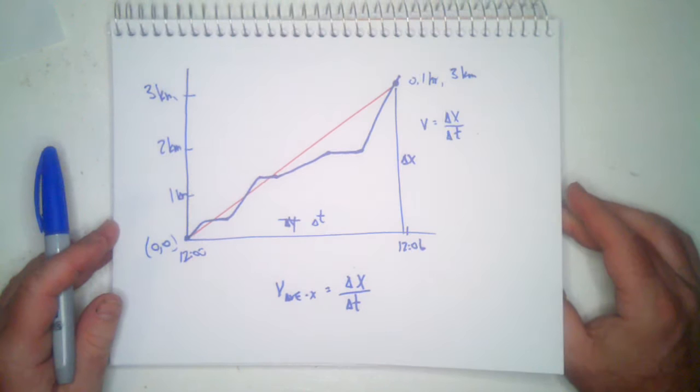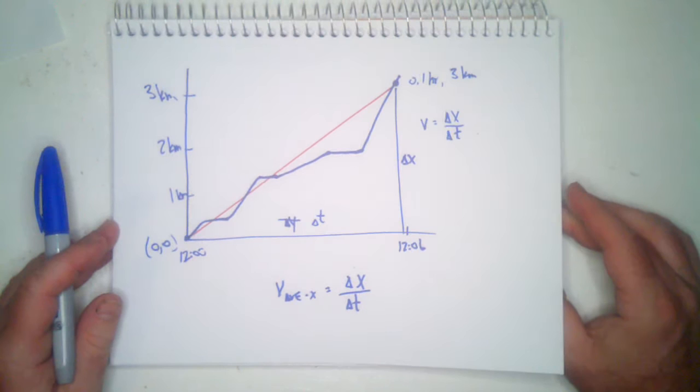So we have the first 100 meters in 5.5 seconds, the second 100 meters in 2.5 seconds, and this last 100 meters in 2 seconds. So it's covering each 100 meters faster and faster, which means the velocity is changing. If we take the average velocity, it covers 300 meters in about 10 seconds, or 30 meters per second. If we break it down a little bit,